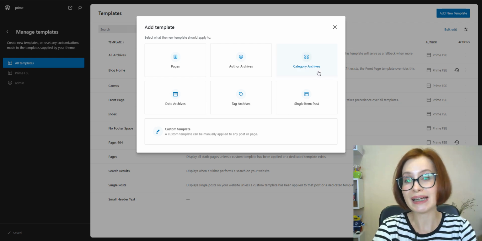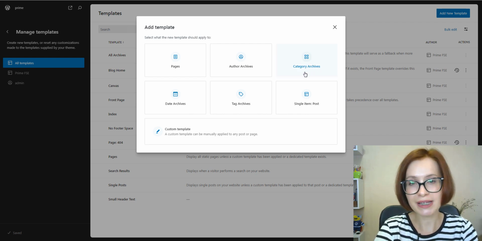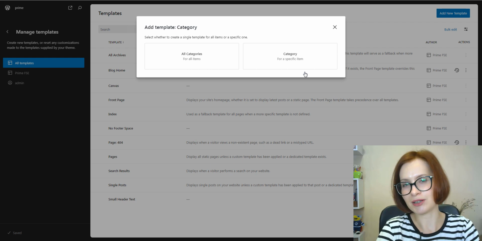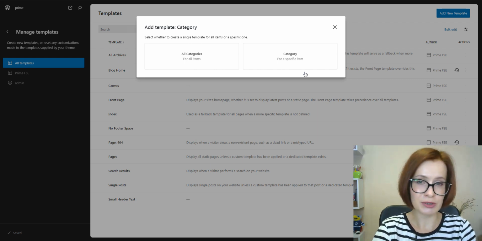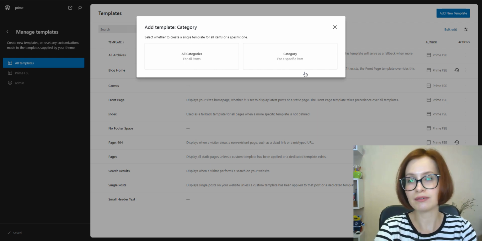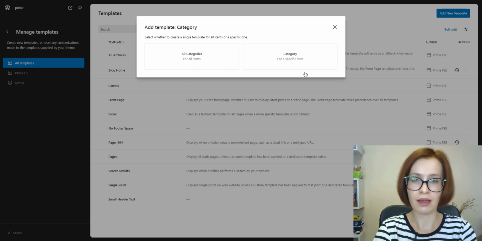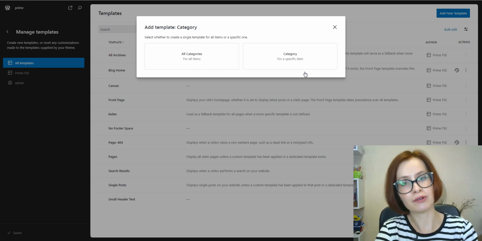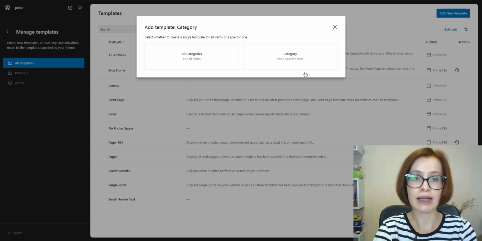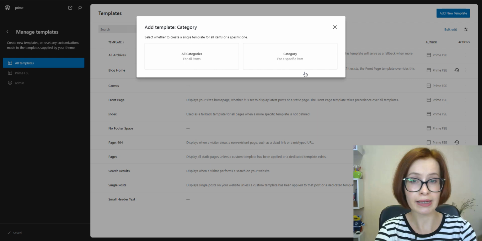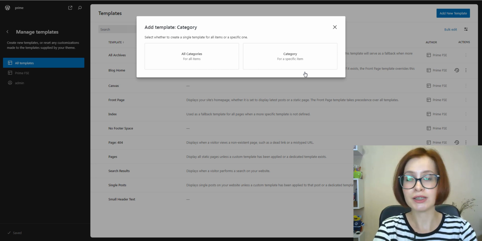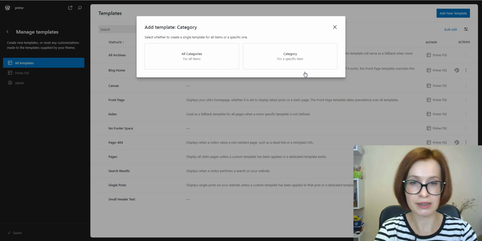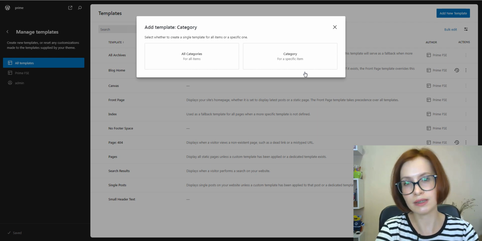I want to create a custom category template, so I select Category Archives, and a new dialog appears with two choices: All Categories and Category. All Categories is for creating the default category template, and this is used as a fallback when a more specific category template does not exist. And Category is for creating a custom template for an individual